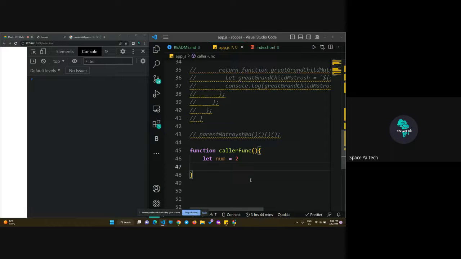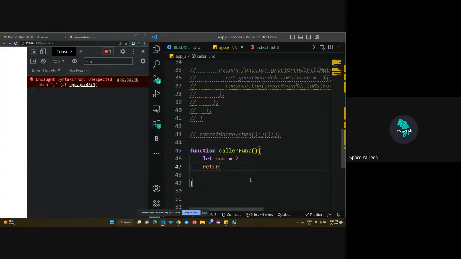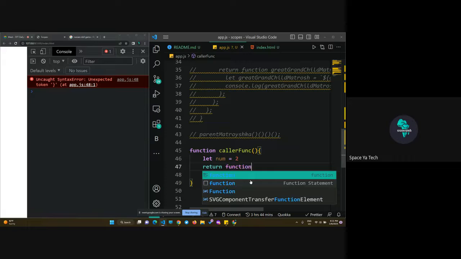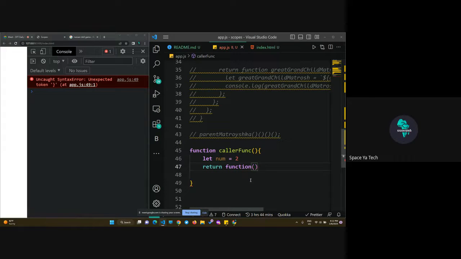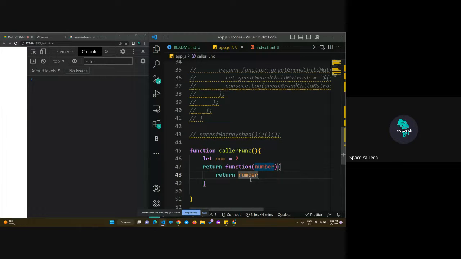and then we have, let's see, simply pass this number. Let's just put it here, and then let's return a function that takes in a value, number, and then I want to return number is